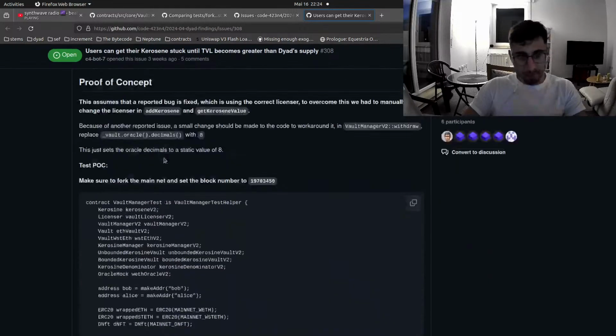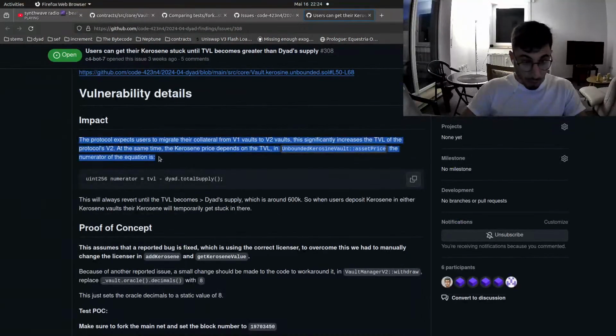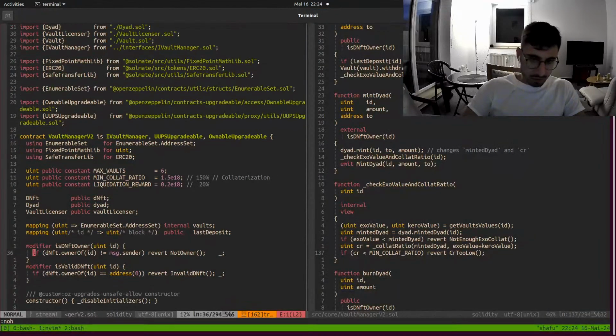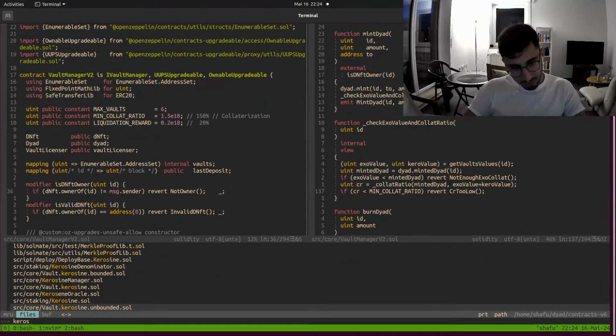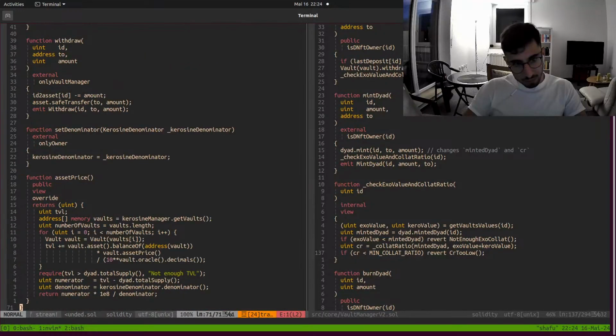Yeah, so, okay. The problem here is in the way we do the deterministic price calculation of DYAD, is we have this